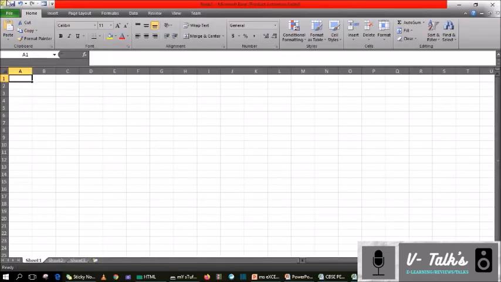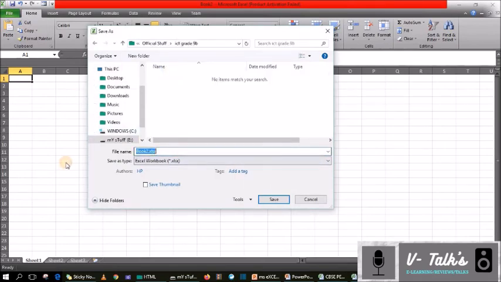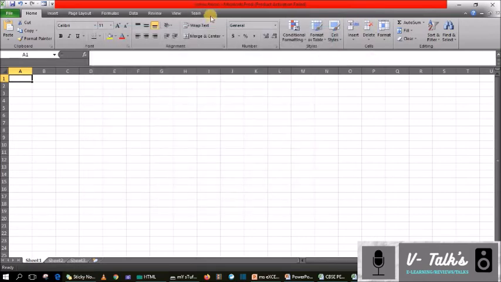So here you can click on the file option or the quick access toolbar. So this is a new book. Okay, so file, save option, select the folder, whatever folder you need you can just select it. Give a name, after that click on the save button. So now it is saved as Vishnu B, that name came.